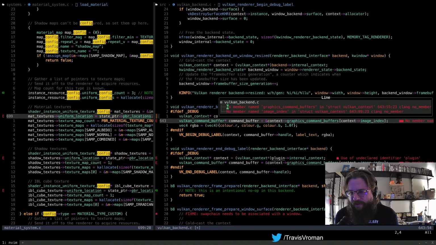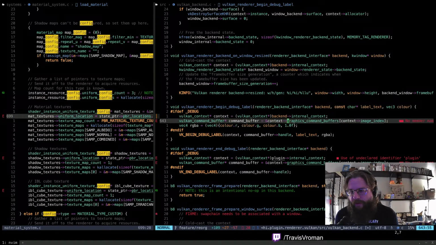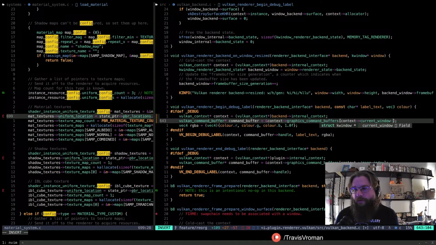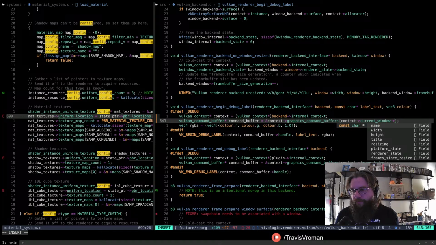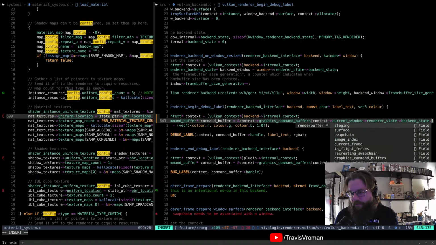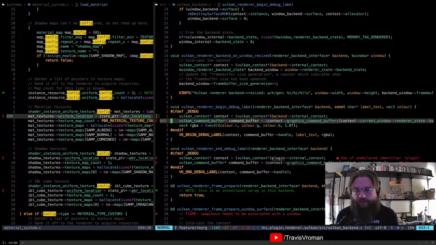What? I think this actually is current window. That's right. I have to reach all the way into this and go render state, backend state, image index.